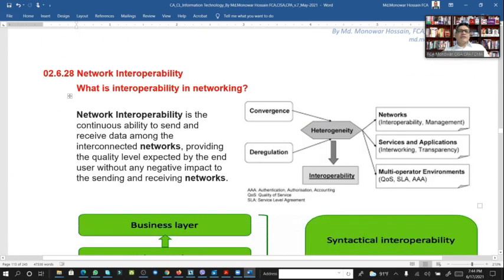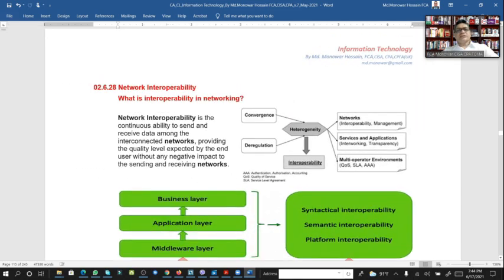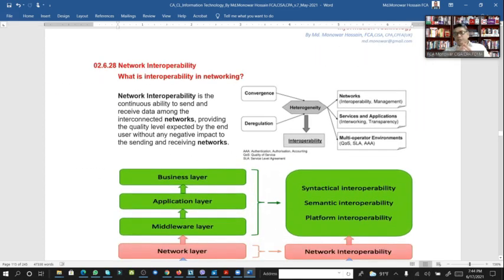And if we see network interoperability, network interoperability means we can use one network with another network. I already discussed that previously. If you have a Bikash account, you also have the same in a Nagad account. If you have a balance in the Nagad account, you can transfer it to the Bikash account. So that is interoperability. Or you have a balance in a Sonali Bank account, and you can transfer it to another account, for example your savings account in Dutch-Bangla Bank. So that is interoperability.